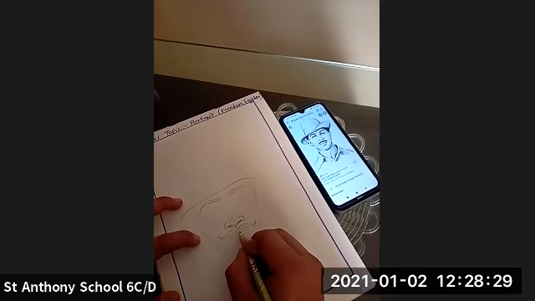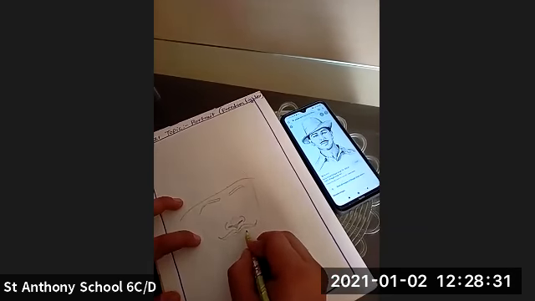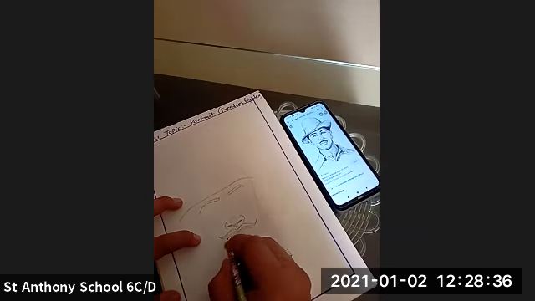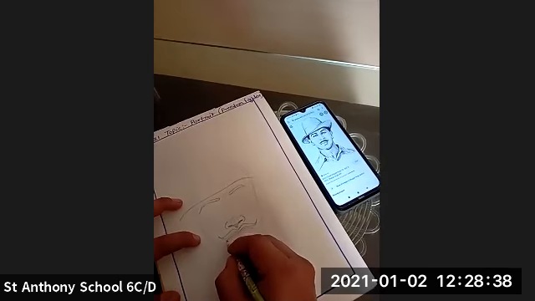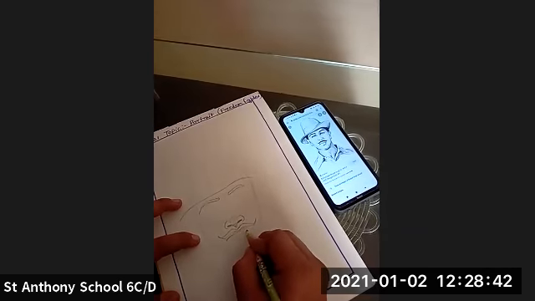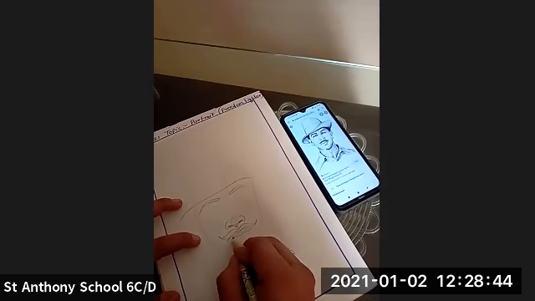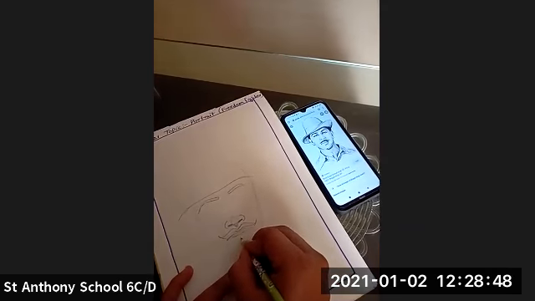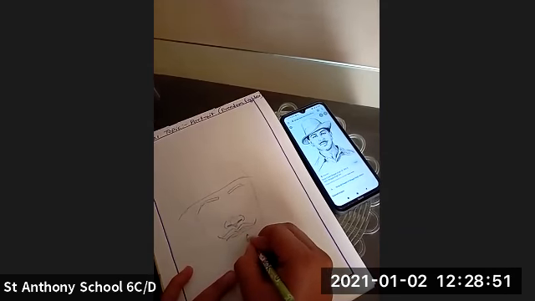And now we are going to make the lips. So here come the lips. You have to observe the picture carefully, and according to that you have to make this.